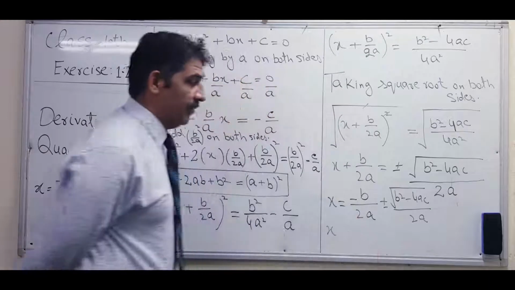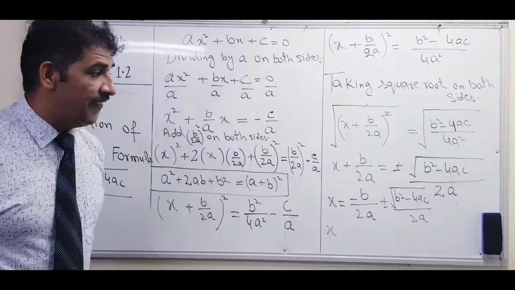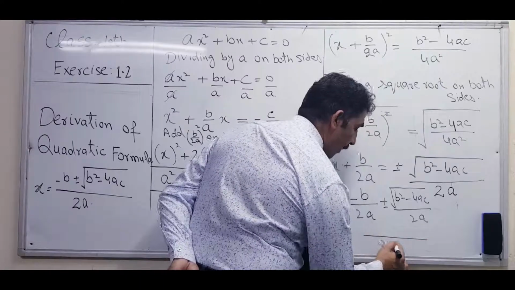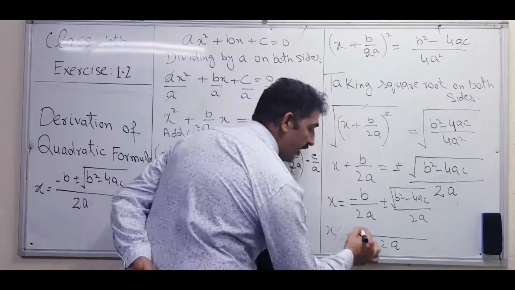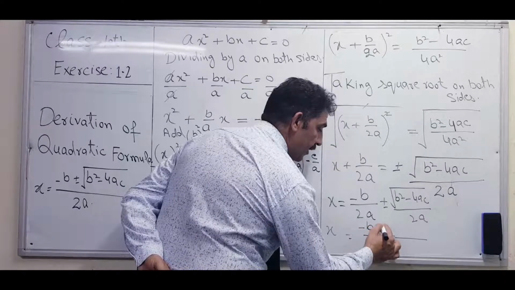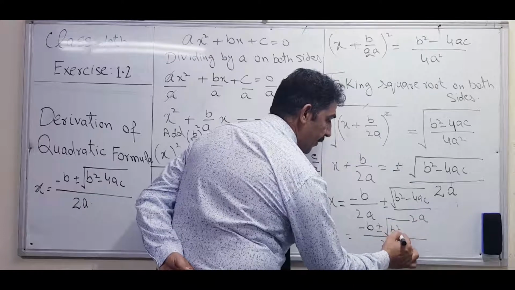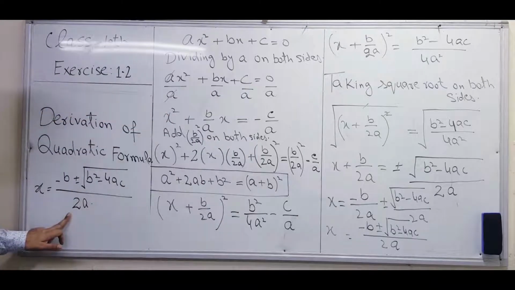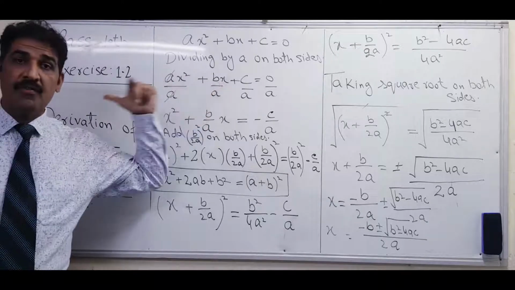Again we have to take LCM because there are two fractions, but the both denominator is same. When the denominator is same, so it means that LCM is also 2a. जब आपके पास डिनोमिनेटर सेम, एलसीएम 2 है, सो यू हैव टू जस्ट कंबाइन द न्यूमरेटर, माइनस b प्लस माइनस स्क्वायर रूट b स्क्वायर माइनस 4ac। इज द आंसर सेम और नॉट? तो ये हमारे पास हो गया डेरिवेशन ऑफ द क्वाड्रेटिक फार्मूला विद द हेल्प ऑफ completing square.